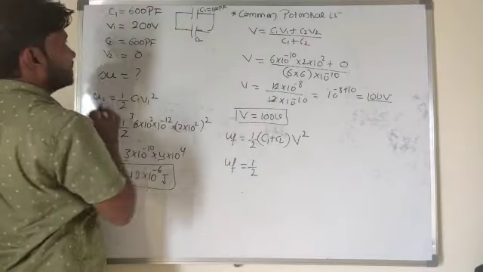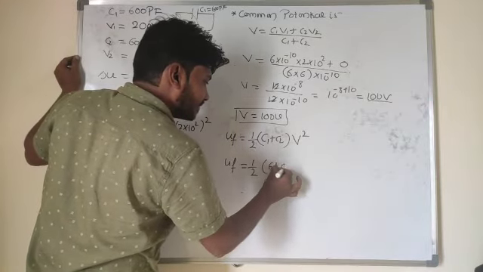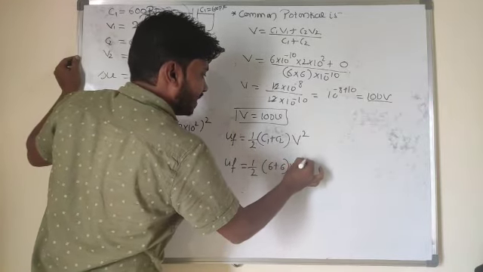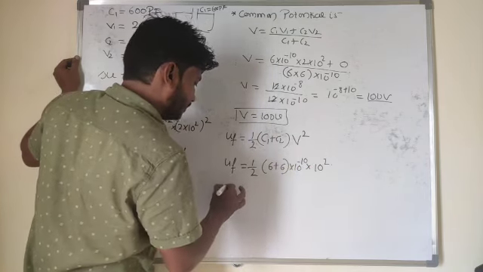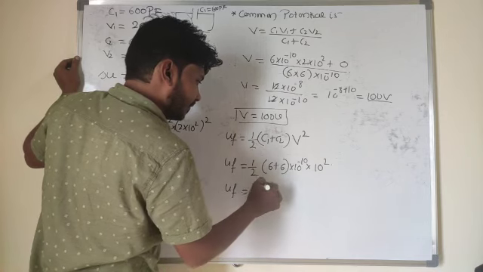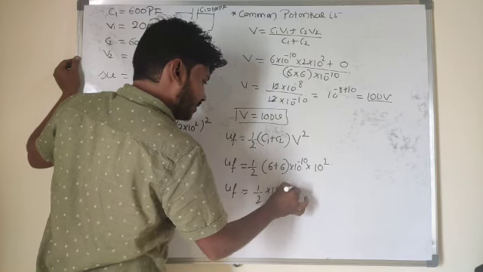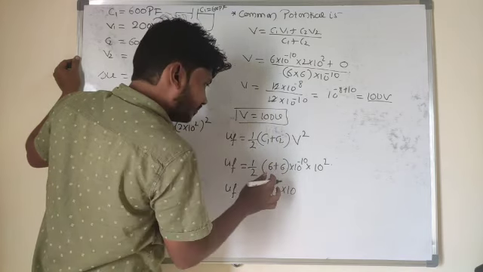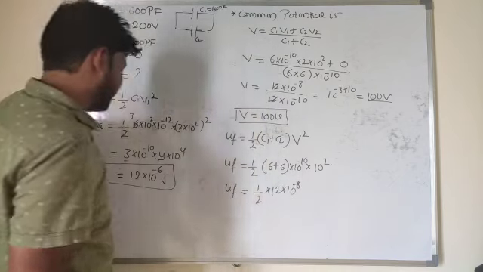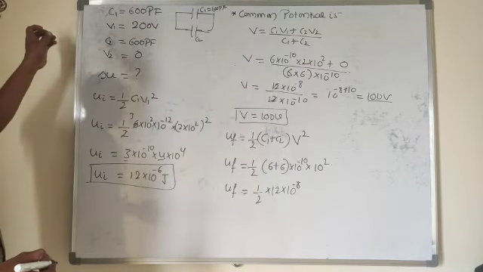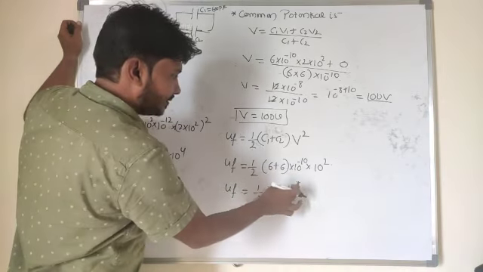C1 value is how much? 600 picofarad. C2 value is also 600 picofarad, or 6 plus 6, 10 to the power of minus 10 into V square. V square is 10 to the power of 2 here. So U of F is equal to half of 12 into 10 to the power of, so look at here, minus 8 here. So look at here, what is the answer here? So 10 to the power of minus 8 here,